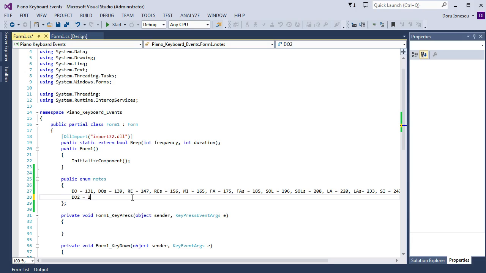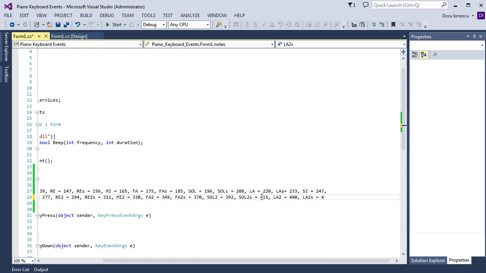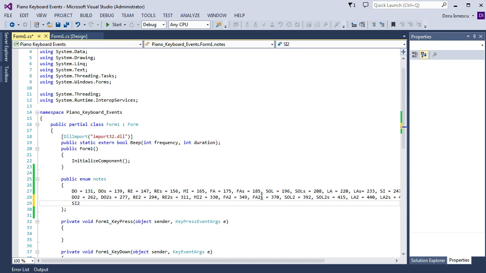Do 2, Do 2 sharp, Re 2, Re 2 sharp, Mi 2, Fa 2, Fa 2 sharp, Sol 2, Sol 2 sharp, La 2, La 2 sharp, Si 2,